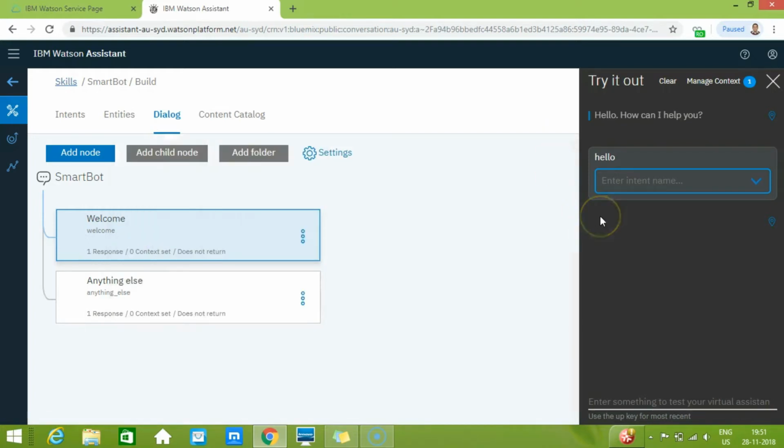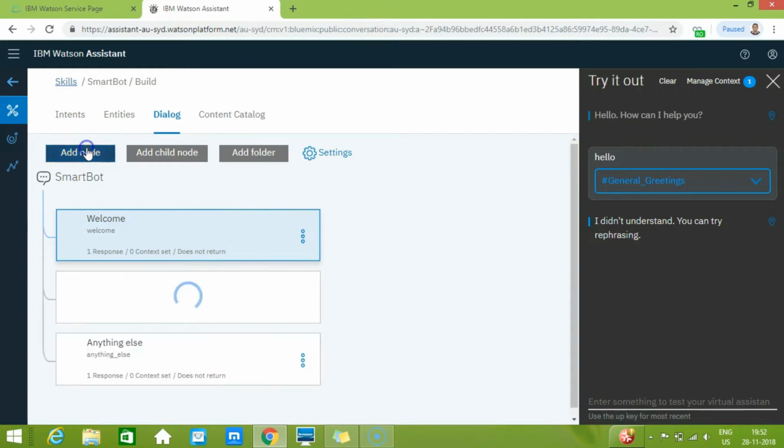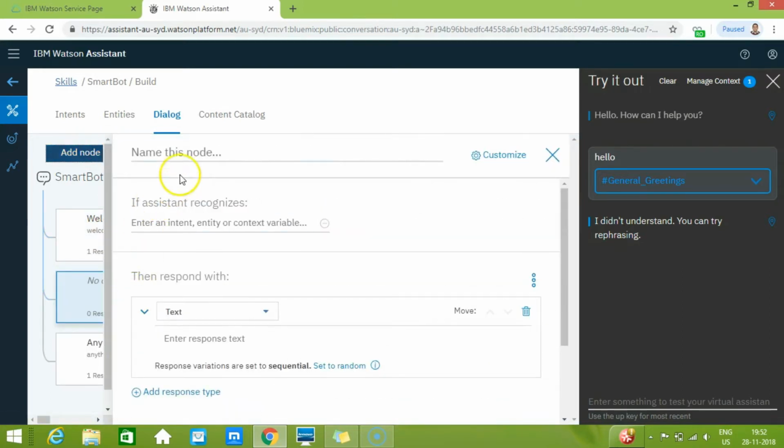Let us check the response. It says I didn't understand, but if you notice here, it has identified that this is a general greeting. It says I didn't understand because in our response tree there is no node for handling the greeting kind of situation. So we will add a greeting node that can respond properly. I will add one node down this, which is a greeting node,